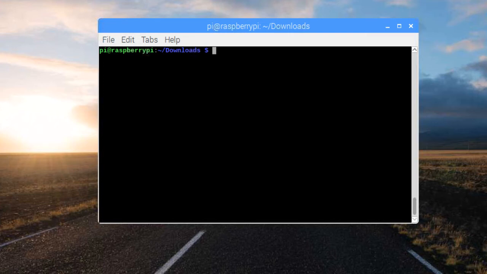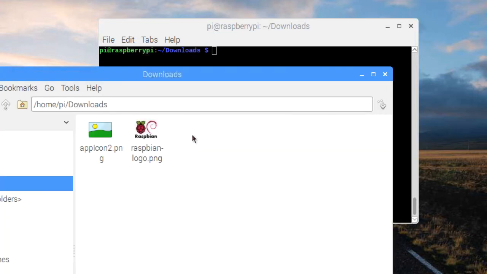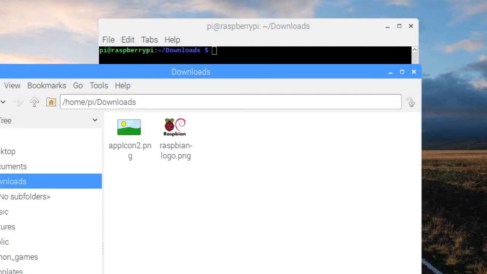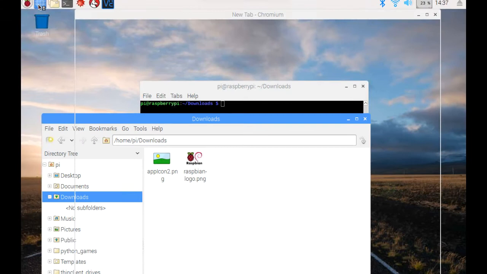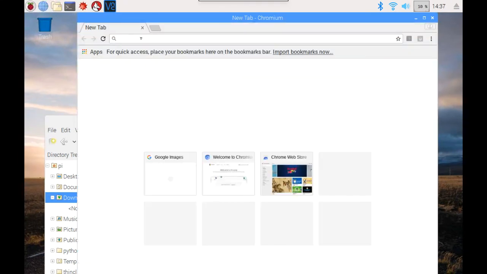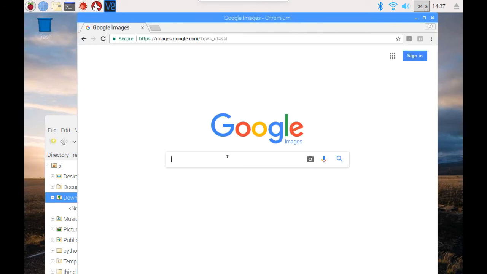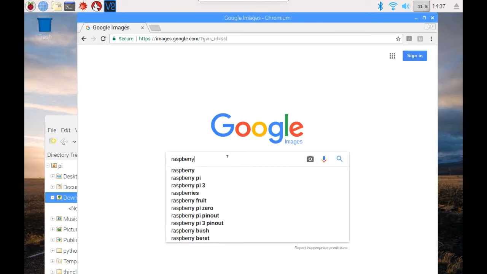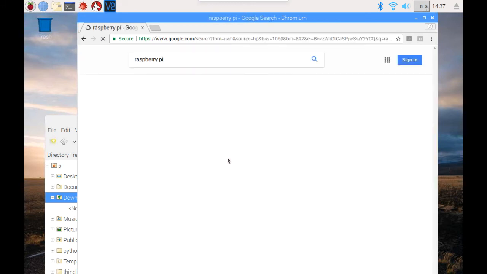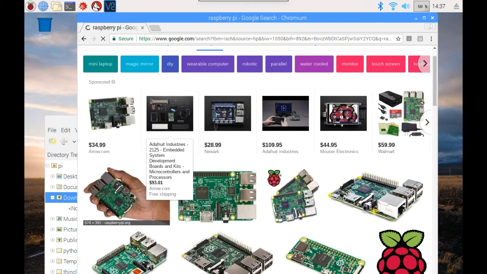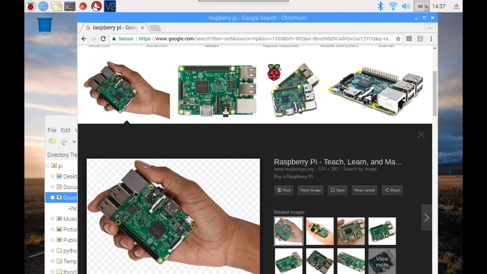I'm going to open up my file manager and go into downloads. As you can see, I have a couple of images here in my downloads folder. But let's get another image to download from the internet. So I'm going to open up a browser here, the Chromium browser on Raspbian, and go to images.google.com, and let's search for Raspberry Pi as an example. Let's see, this first image here of the hand holding the Raspberry Pi, I'm going to click on that. Let's say we want to